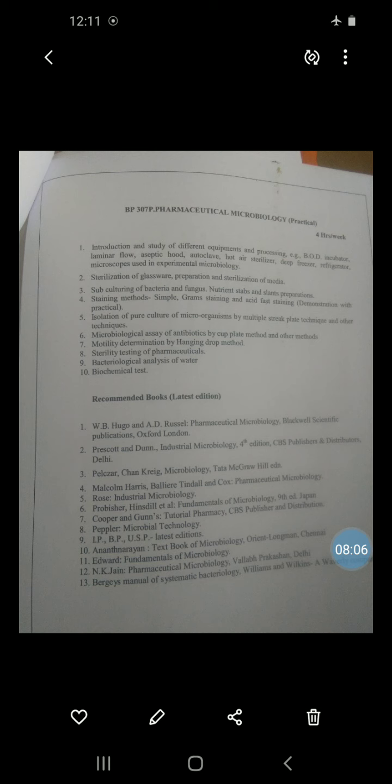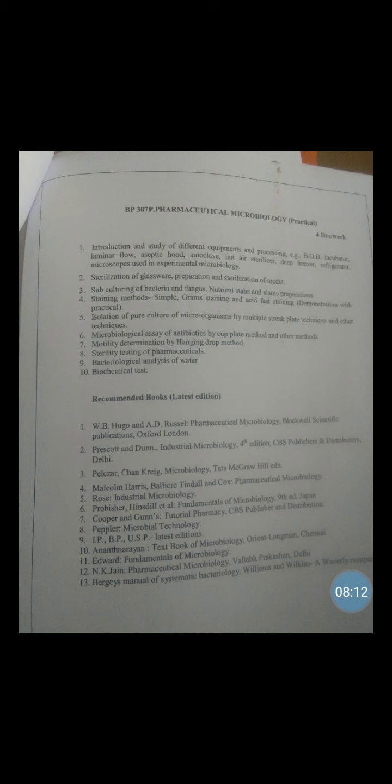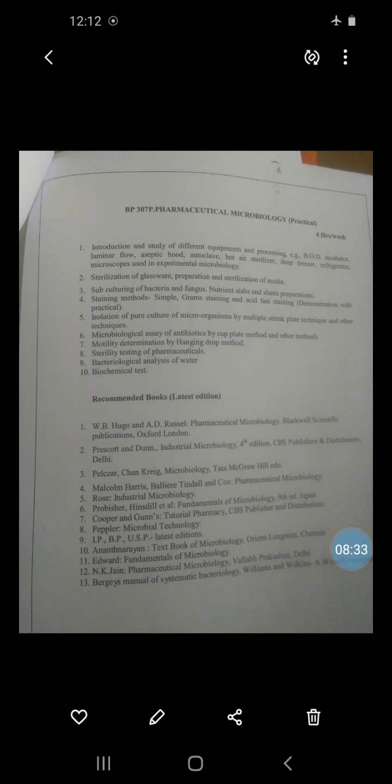Then streak the culture as the first zone using the inoculum, and sterilize after streaking. Sterilization of the inoculating loop is carried out by holding it in the flame of the burner. This technique of sterilization is known as incineration. Sterilization of the loop is carried out to destroy the culture present on the nichrome wire loop. What is the need of sterilization of the loop? In order to destroy the cultures present on the wire loop.